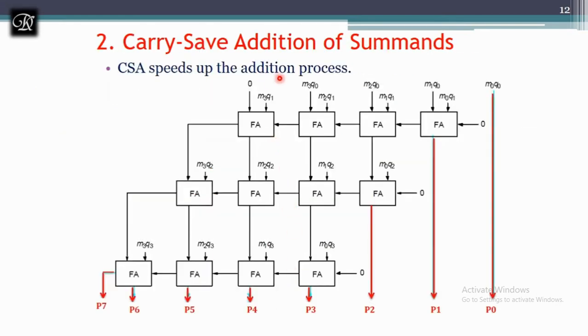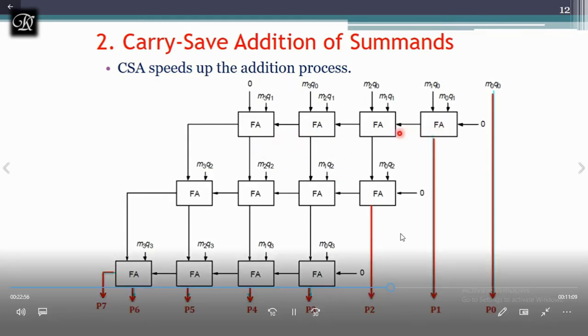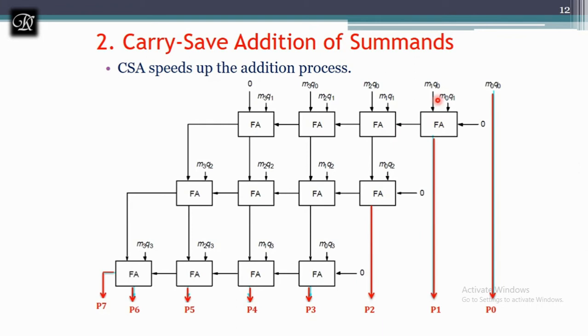See, carry save addition is going to go with a ripple carry adder. This we have already seen, connecting multiple full adders to perform the n bit addition. There we were passing x and y as the input to this full adder. Now we added a multiplication before the addition, that is m0 and q1, m1 and q0, where we need AND gate support, and the first partial product does not require any addition.